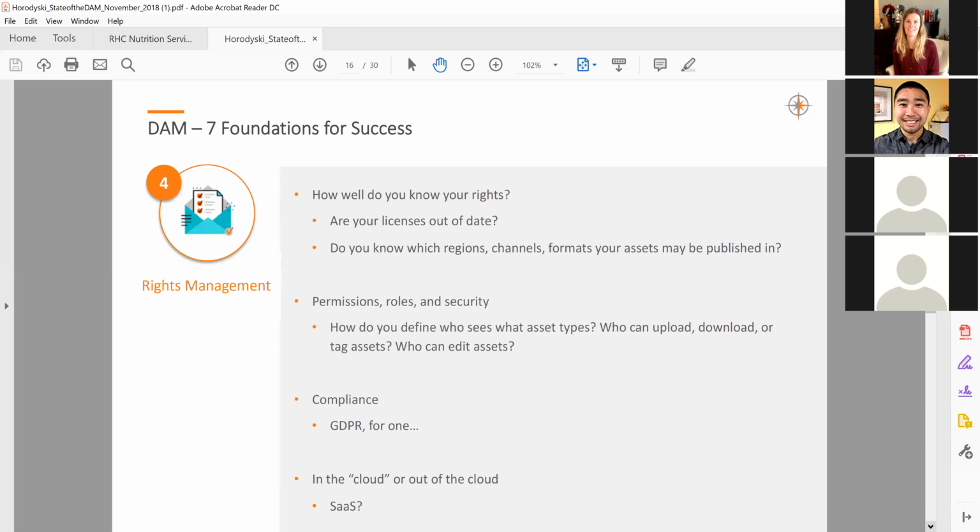If you're not familiar with the GDPR, which was just enacted earlier this year in the European Union, you might have heard of other privacy laws and privacy issues happening in the United States and Canada. These are things that librarians are being brought into more and more often because we not only understand how to manage content, probably the best in any one society, but also the privacy considerations, the personal usage of data, and compliance for those types of issues. So again, when you look at digital asset management, always be considering what are the rights behind the assets that you have.